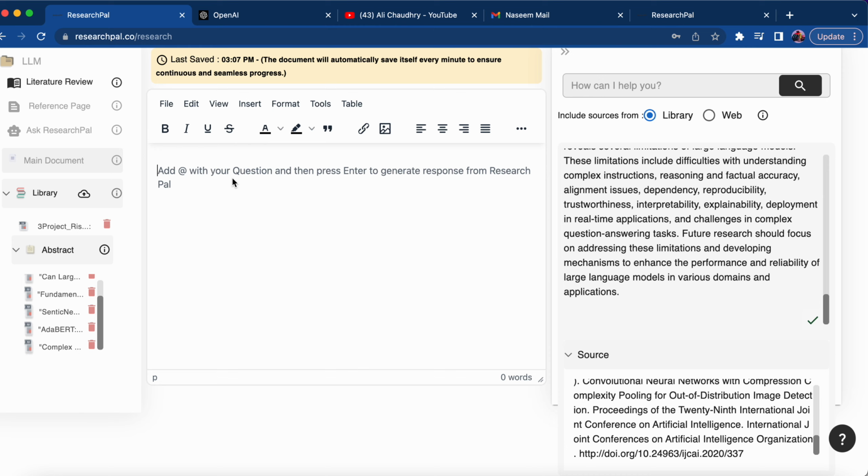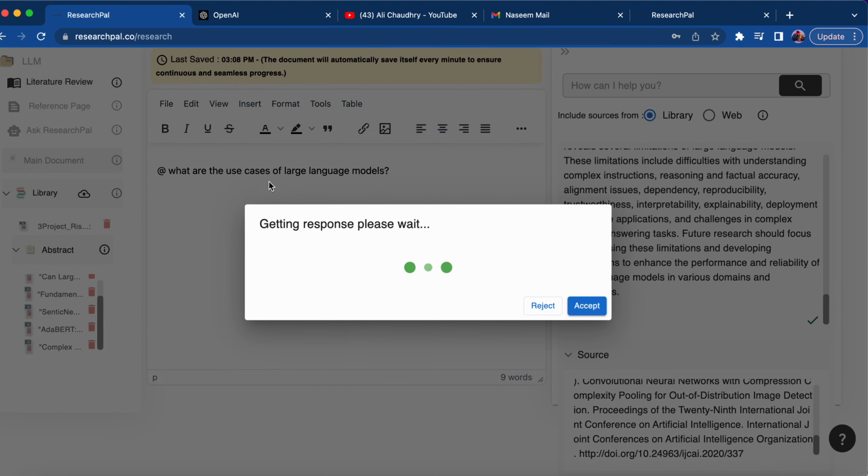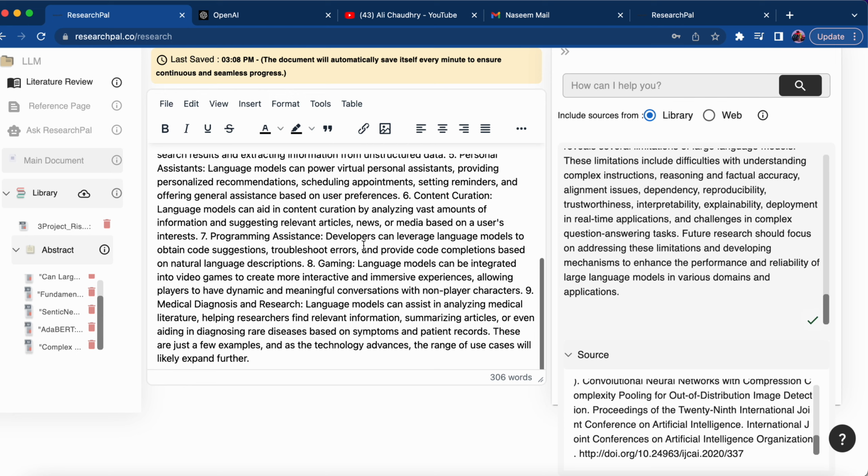For example, I can just put @ and type, what are the use cases of, right. I can then press enter twice, and it will basically get a response from ResearchPal. And so it has got the response, so I can just accept it. If I accept it, it will be copy pasted over here automatically, right? And then I can also add